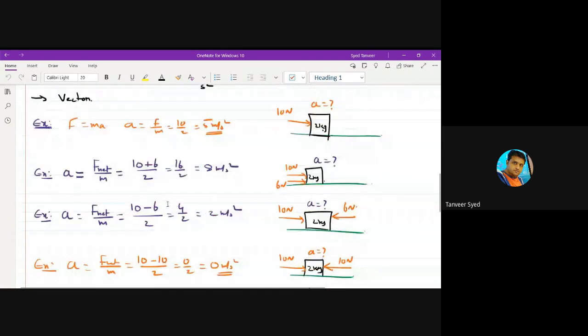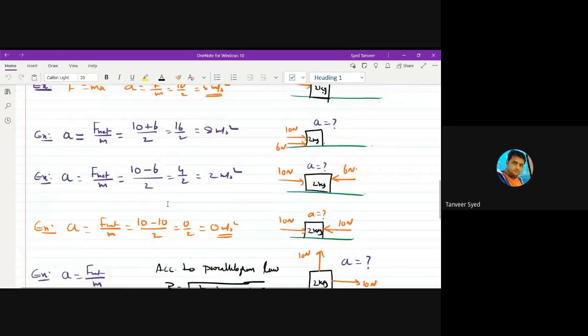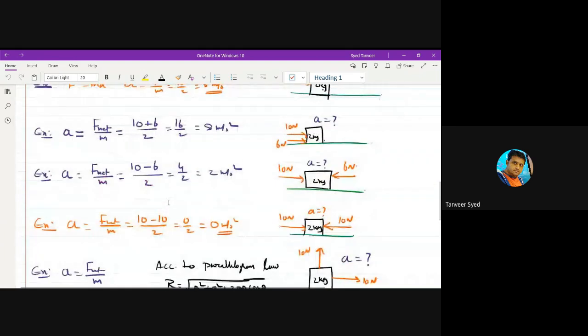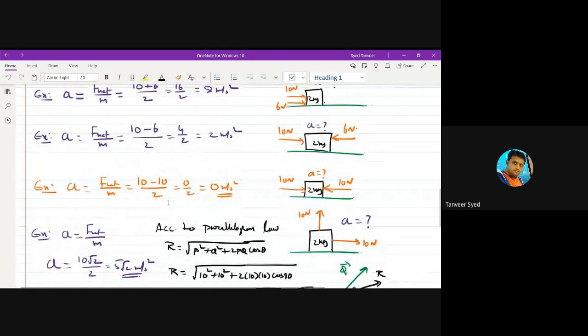Then I was telling you, what do you mean by net force or resultant force? If two or more forces act on a body,